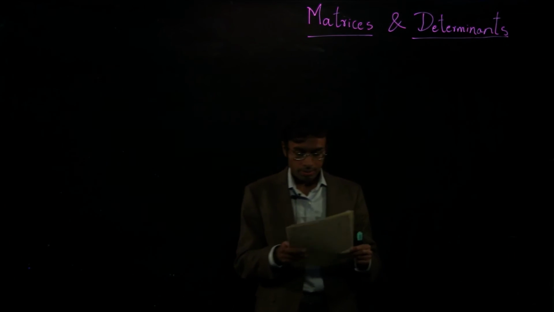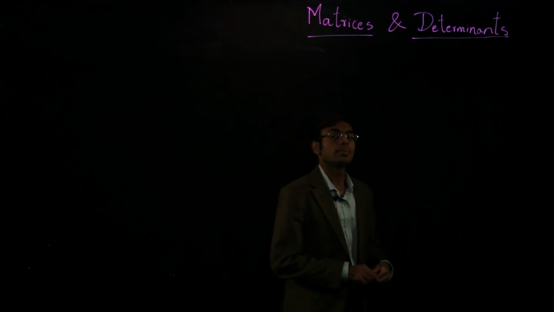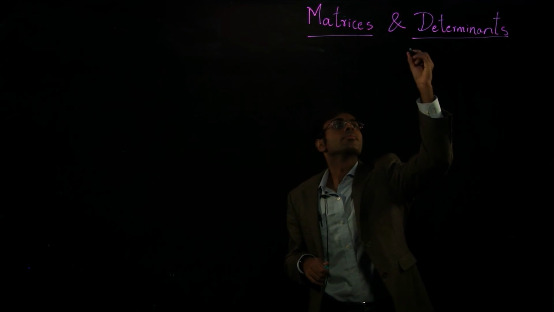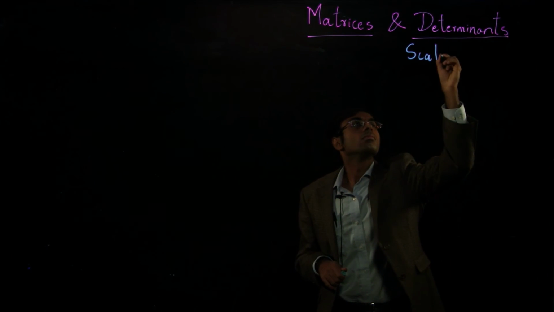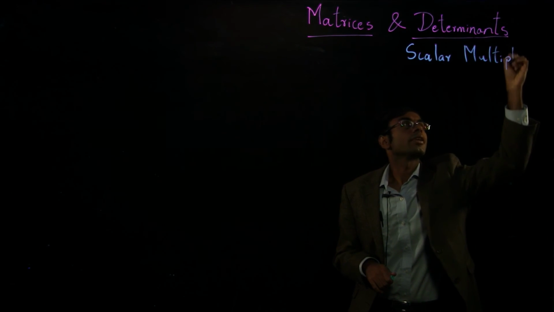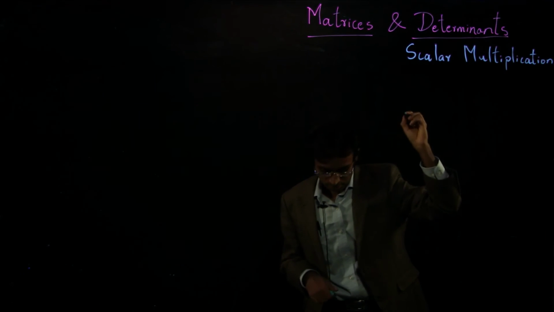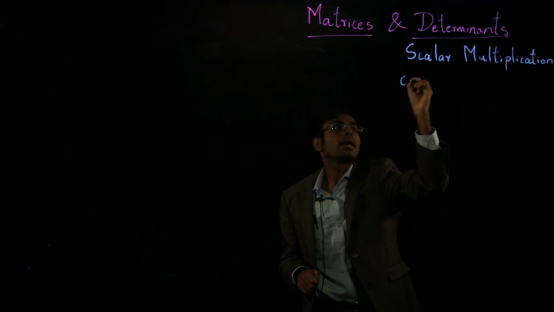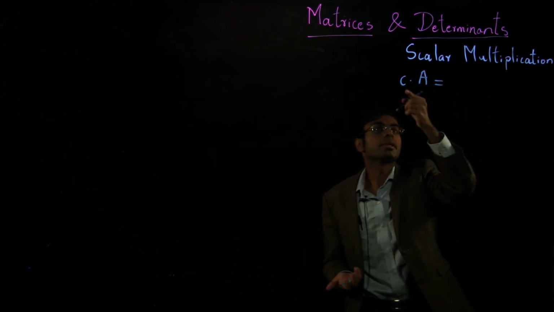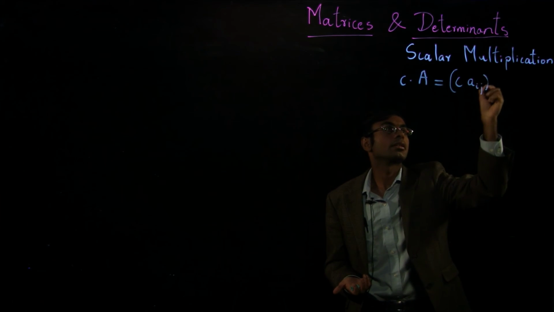So continuing on with the matrix operations. The next operation that we need to know about is multiplication by a scalar. Basically, if you have a scalar number or a constant C, then you can multiply any matrix by it, C times A, and what it does is it multiplies every element of the matrix by that scalar,